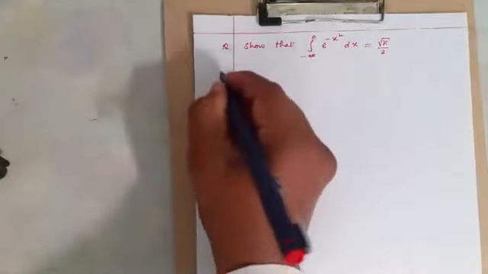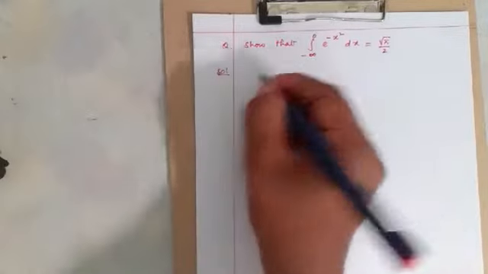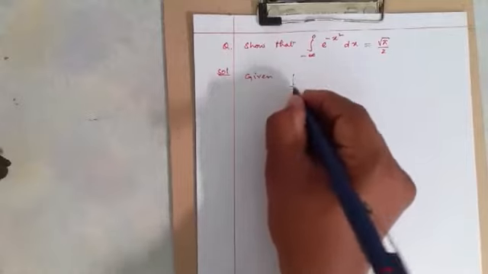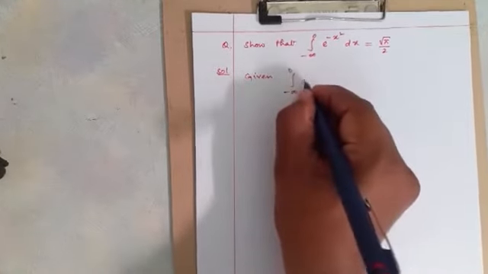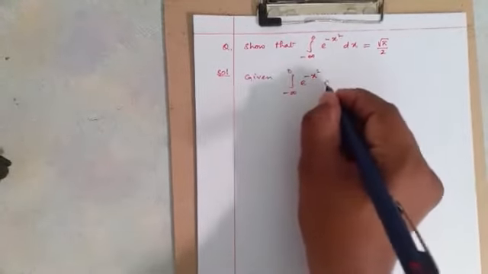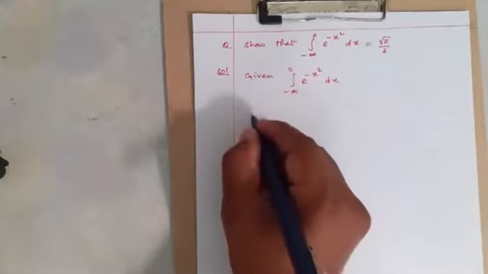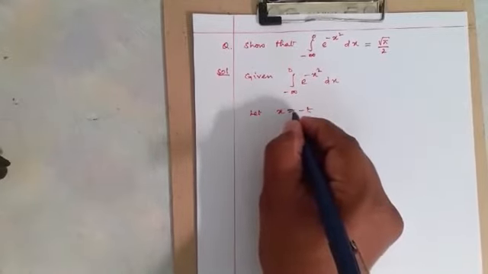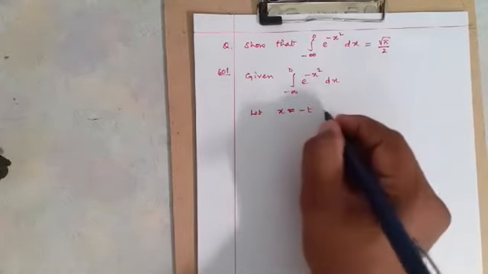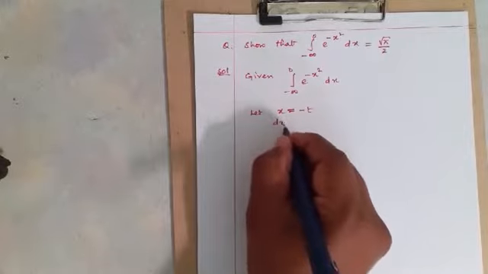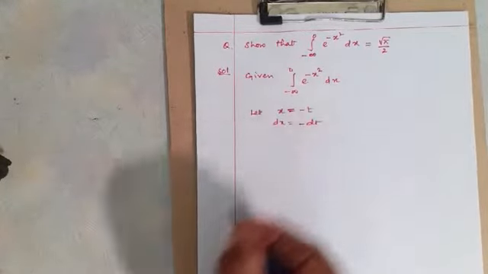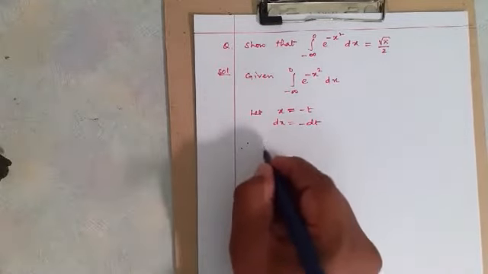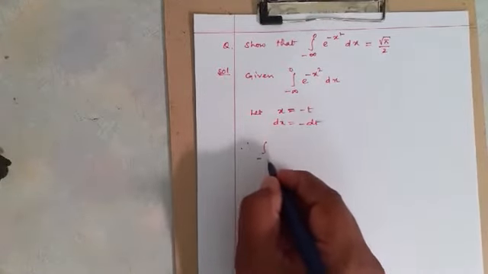Now when you solve this, first we write the given, which is nothing but the integral from minus infinity to 0 of e power minus x square dx. Now here we take x is equal to minus t. This is all you have to remember. Now dx is equal to minus dt. Now when you substitute in the given, then this becomes,